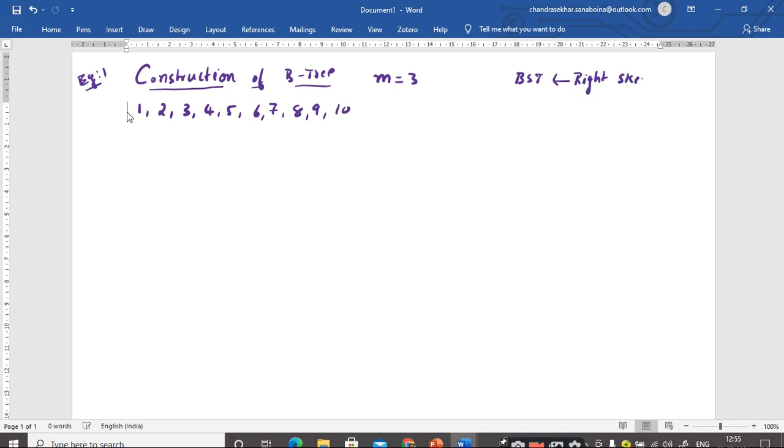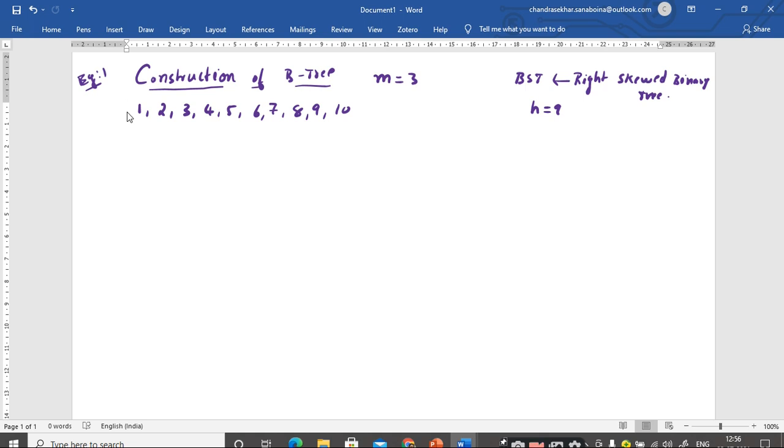Can anybody tell me what is the height of that one? N, sir. 10, sir. I mean the number of nodes, N, sir. Right, it will become 10 or 9, it depends on the level. 1, 2, 3, ... 9, right? So let us take the height is equal to 9. Now let us see, if you construct the B tree, what can be the height of the tree that is constructed. See here.